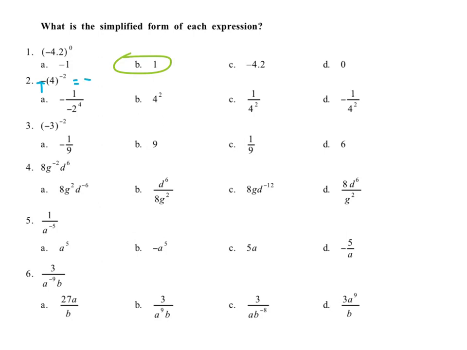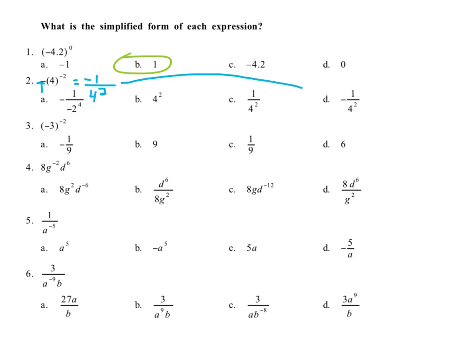We could say, well, that negative or negative 1 is on top, and we're moving, because of the negative, that 4 base down to the bottom and making now that exponent of 2 positive. And if you look for that answer, you will see that rather than them writing negative 1/16, which they could, they're just saying, here it is, there's a negative there, making the whole thing negative,